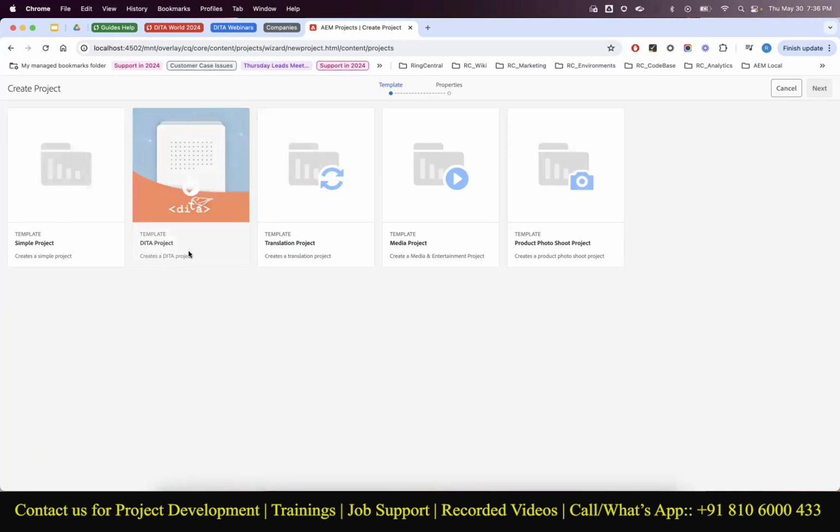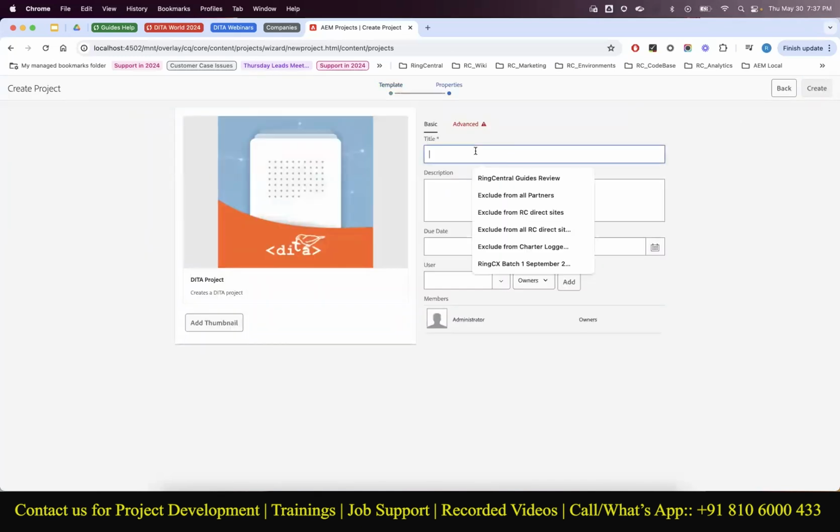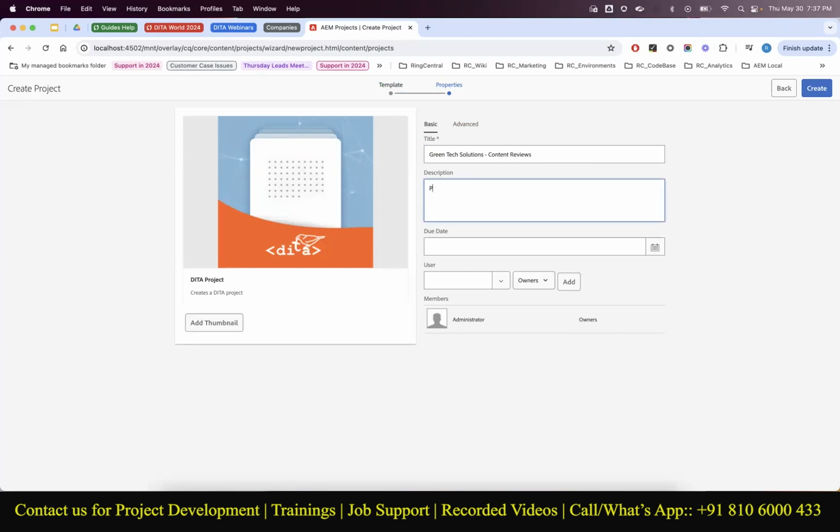And then select a project template. Here there is a detailed project template, right? Use this. There are other ones too, like translation and media project. But for this, we only need the data project template. Now say Green Tech Solutions content reviews. Project used to manage review tasks